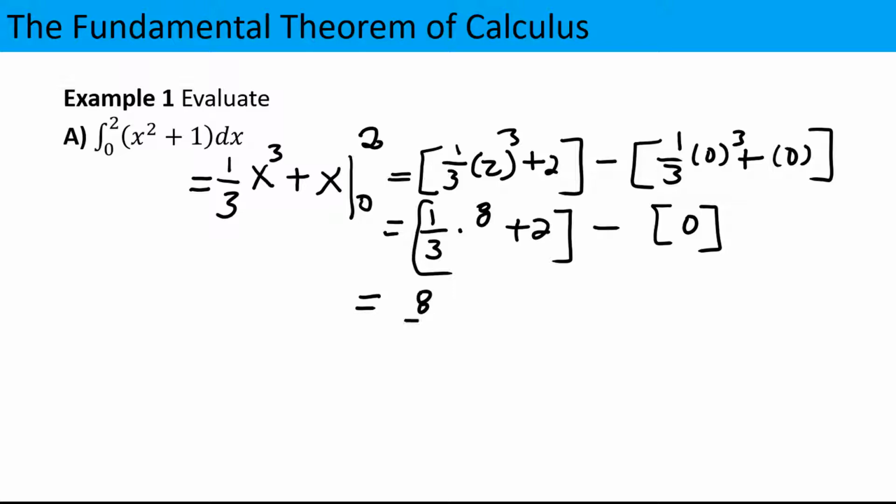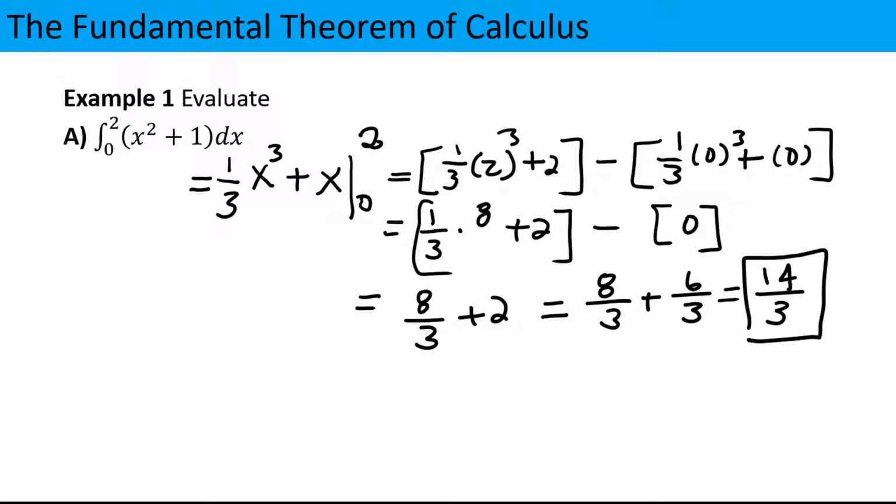We get 8/3 plus 2, getting a common denominator to combine the terms. So we would have 6/3 for 2, which gives you 14/3. That is 4 2/3 when reduced, or in approximate form, you could write